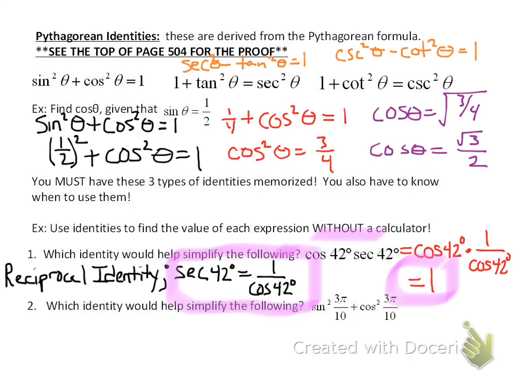All right, so now which identity is going to help us simplify the following? Sine squared of 3 pi over 10 plus cosine squared of 3 pi over 10. Well, which of our identities deals with nothing but a sine squared and a cosine squared? My first Pythagorean identity. So my very first Pythagorean identity says